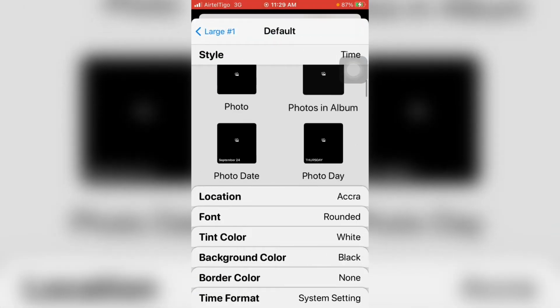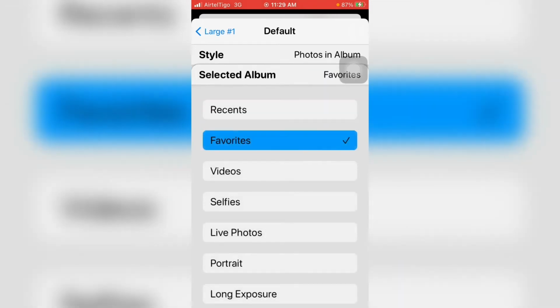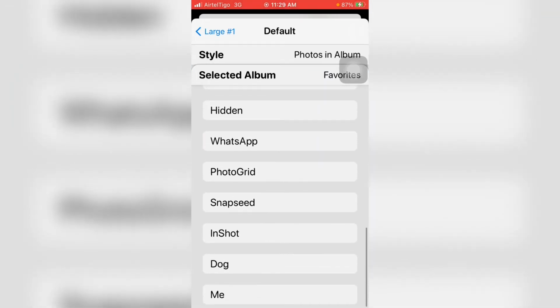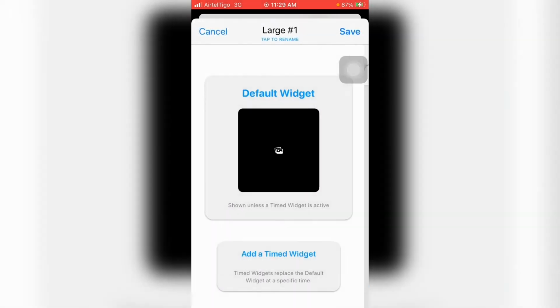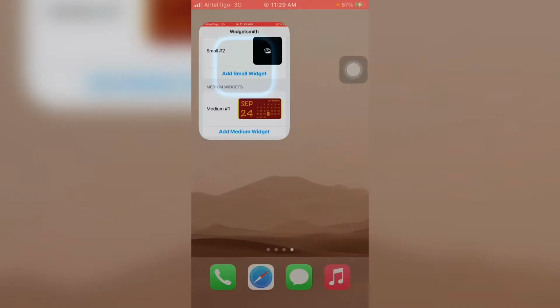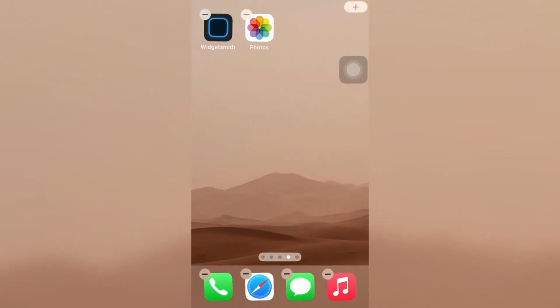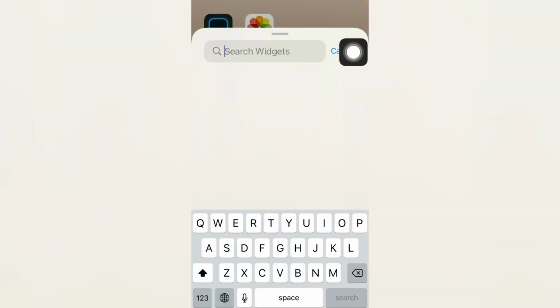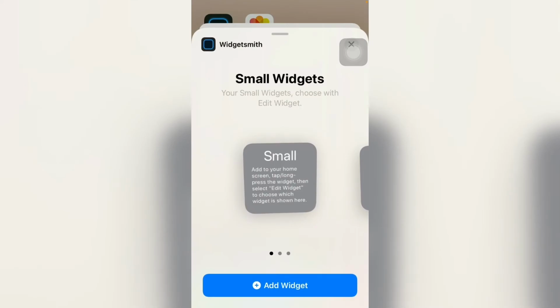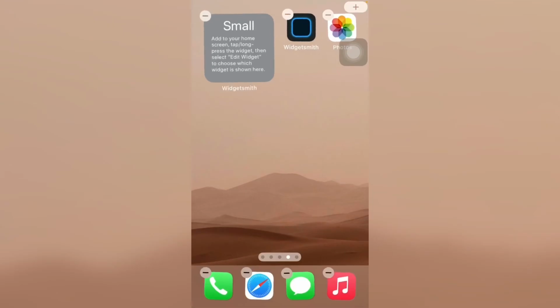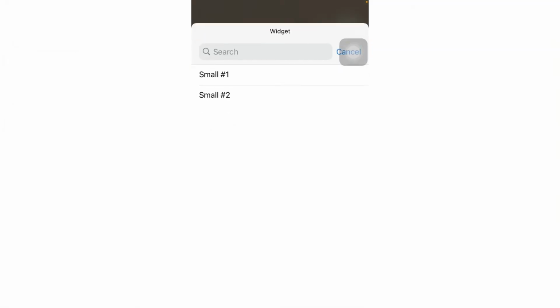till you see photos in album, click selected album, scroll down till you see me, then you move back, then you save, then you come back to your screen, click till the app starts shaking, click the plus, click on search for Widgetsmith, add small widget, click on it, click on 2,